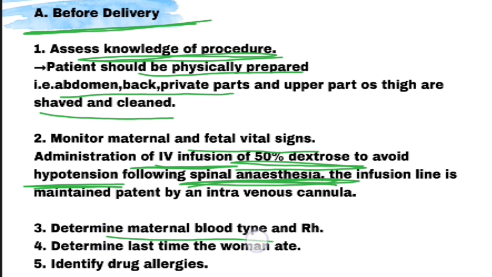And next, as a precautionary measure, we will take the mother's blood group and arrange the blood beforehand, because due to the C-section there will be a lot of blood loss. To match that, we will arrange the blood beforehand. And before taking her to the delivery ward, we will make sure at what time she last had food and when she last drank water. While collecting the previous history, we will get to know which drugs the woman is allergic to,